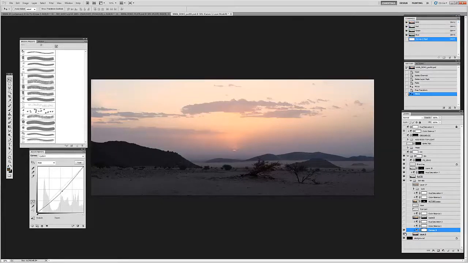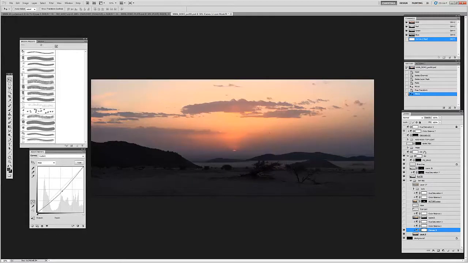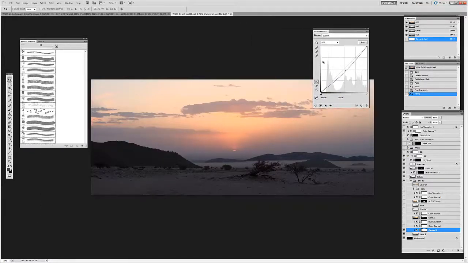So first thing we did was throw curves down to bring it down. It was feeling too bright for what we wanted. You can see how bright it was. That could work too, but I wanted to bring it down slightly because I knew I was going to grade down the foreground. The foreground was still a little too bright for what I wanted it to be according to the reference. So I'll match this for now, and then you can see up here that I did a global color correct on the bottom area of the painting. So just curve it down just a bit to match the ground value,